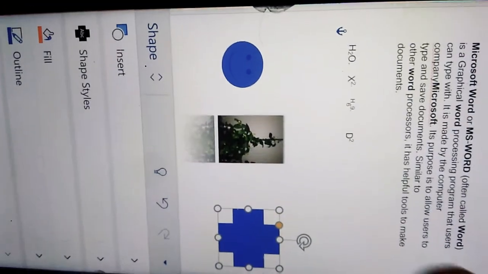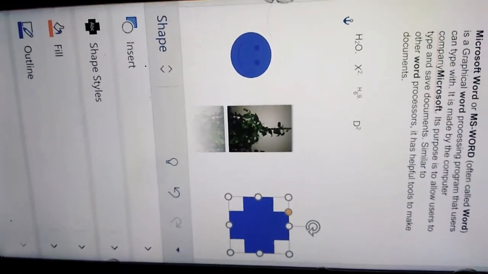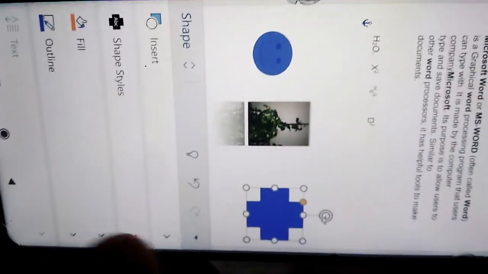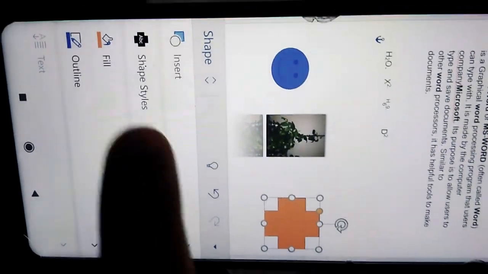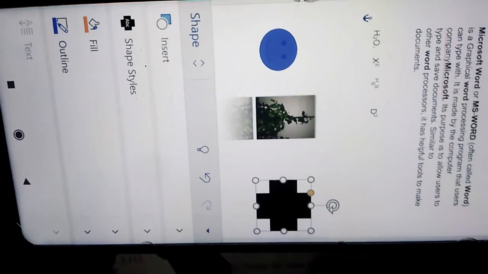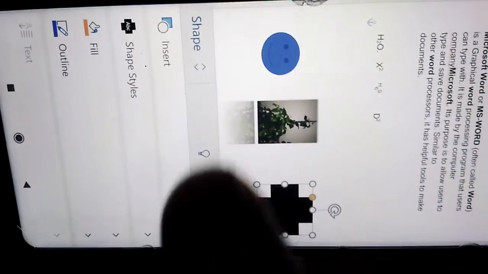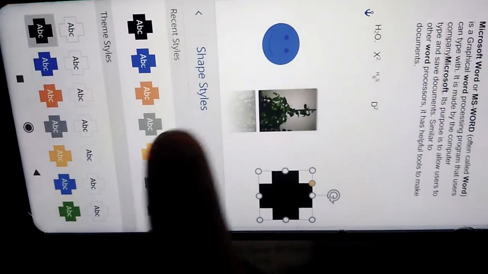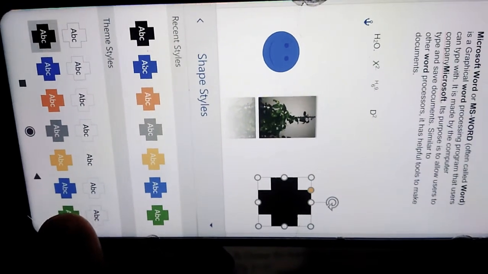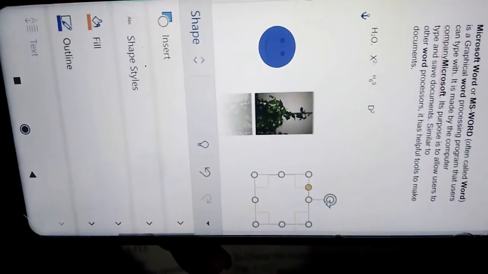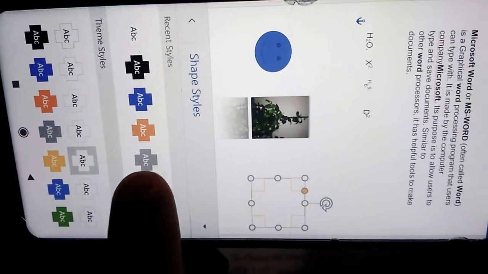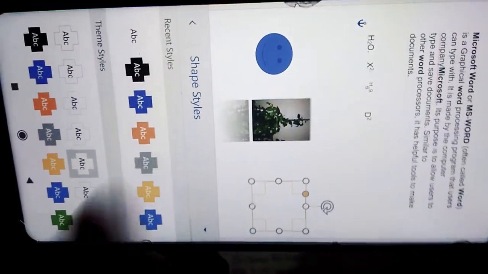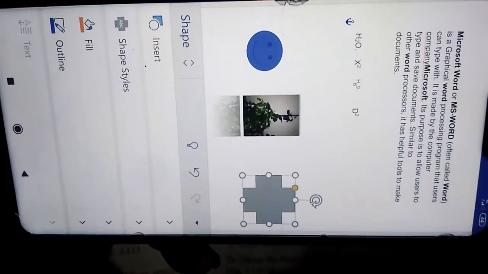Children, you can also format it. Fill color is here, and the color of the shape changes. The shape styles are here, and you can select different styles. Many styles are given here.